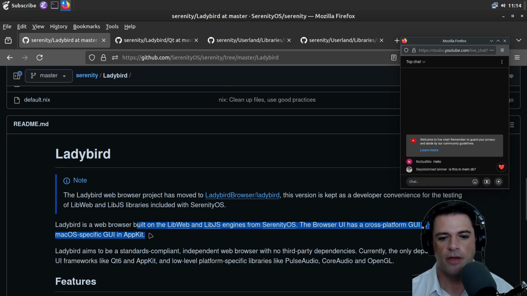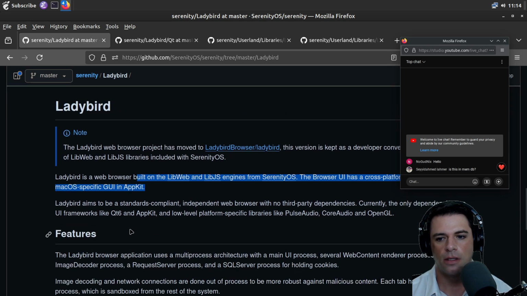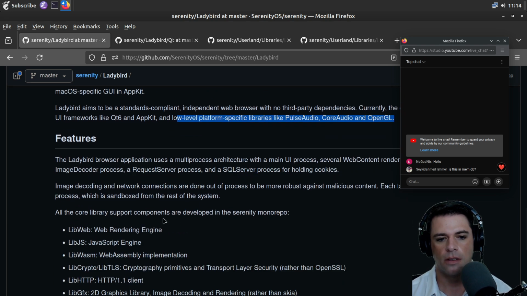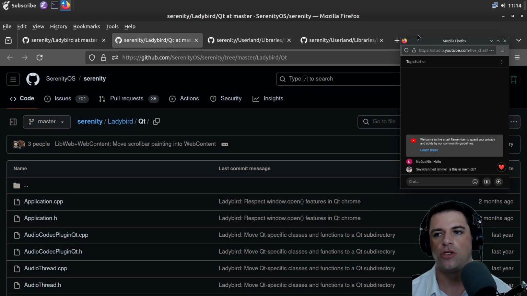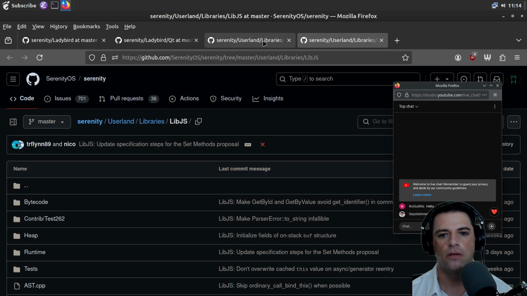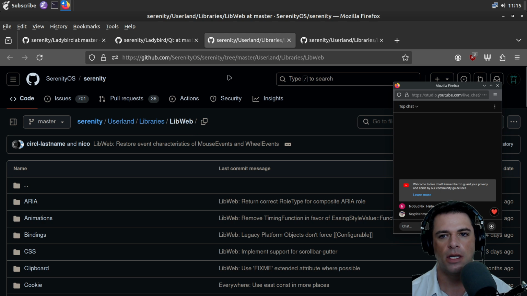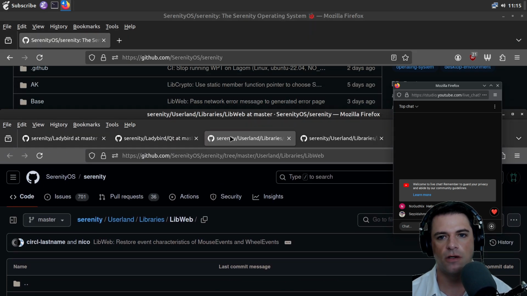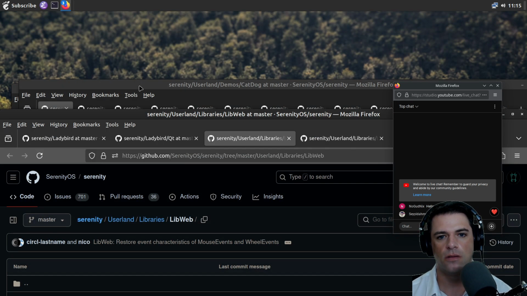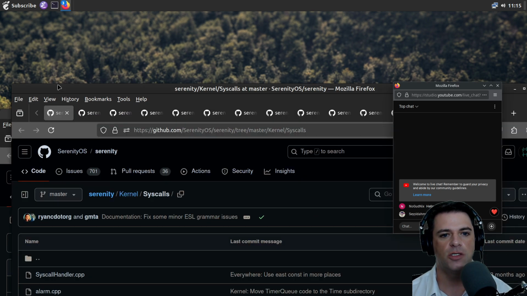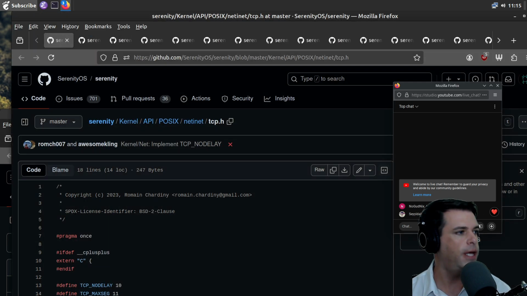And the AppKit is for the Mac-specific GUI. The web rendering engine is LibWeb, which, where did it go? It's in the userland library, so let's pop that over to the userland queue, which is back here. Okay, so let's just process some of these queues and see where we get.